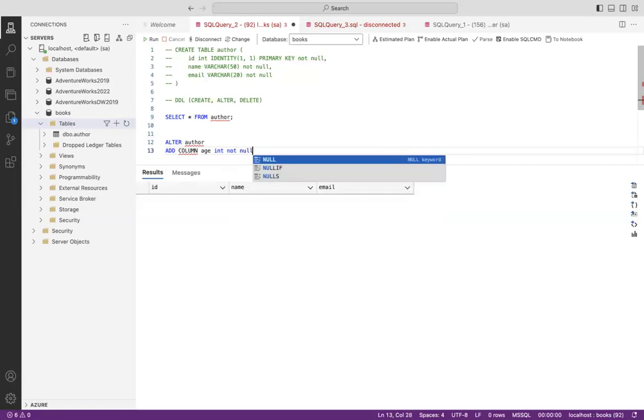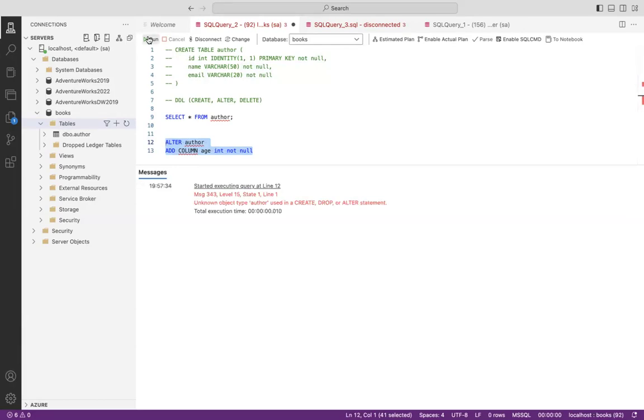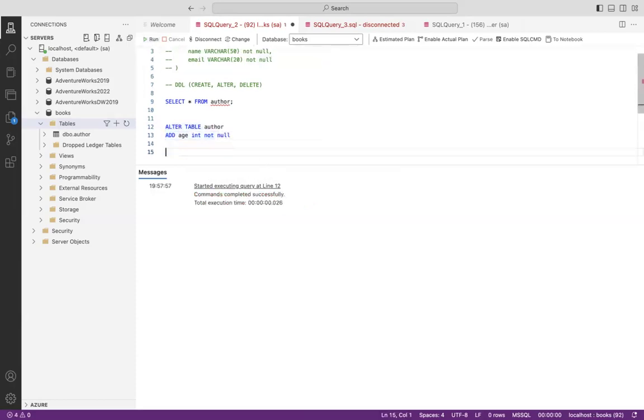I do not want it to be a null value. So if I run this now,